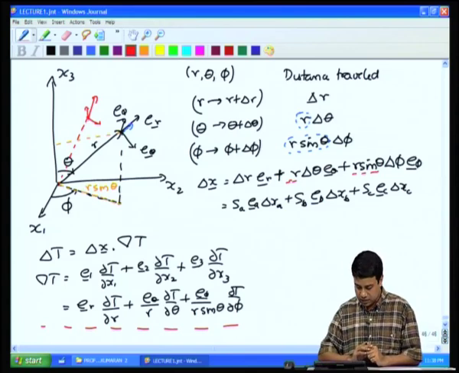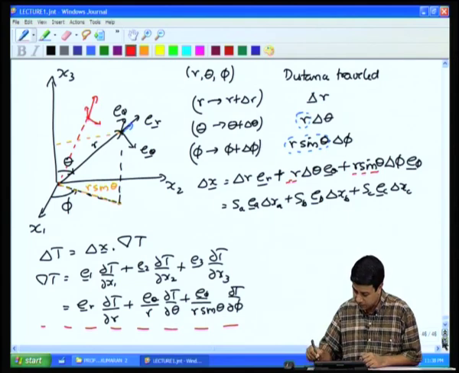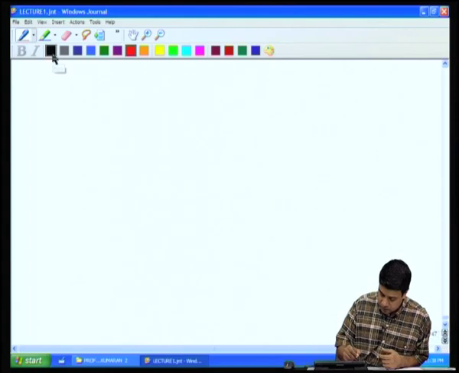It is e_r dT/dr plus e_theta (1/r) dT/d theta plus e_phi (1/(r sin theta)) dT/d phi. Okay. So, if I were to go to a general coordinate system, the gradient of T will be equal to